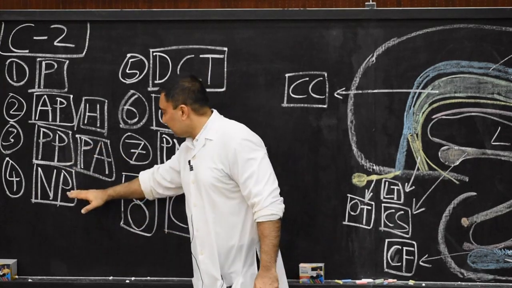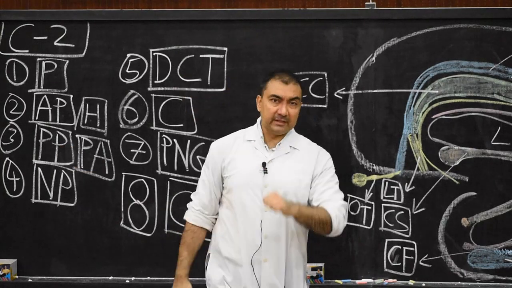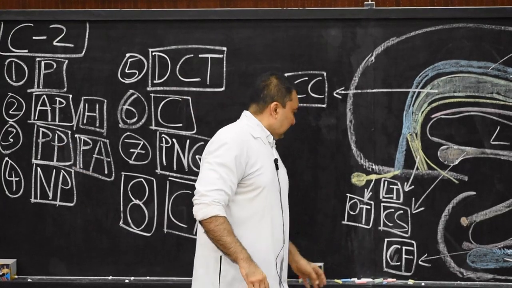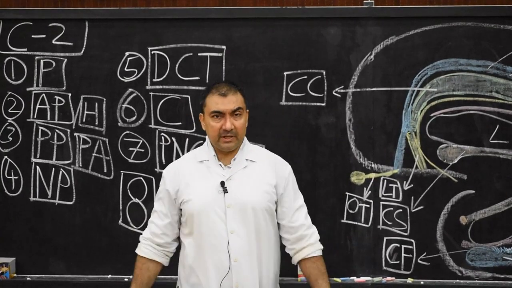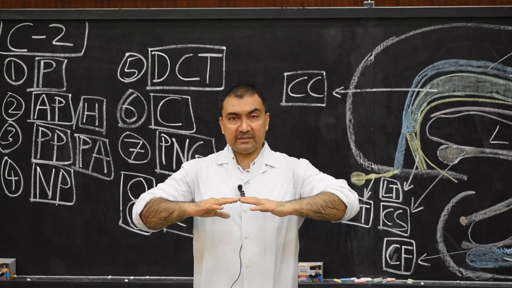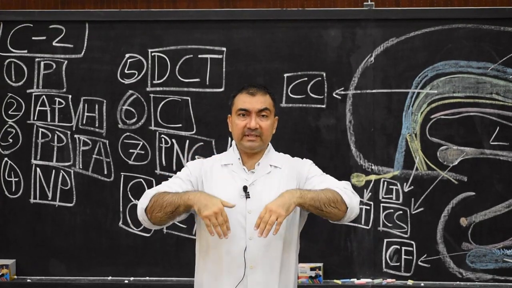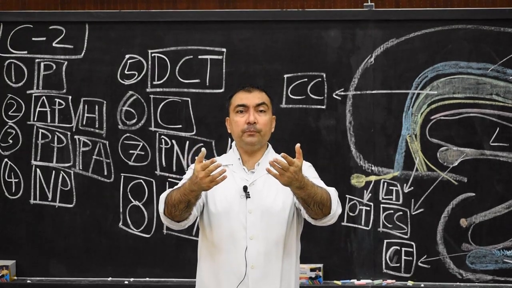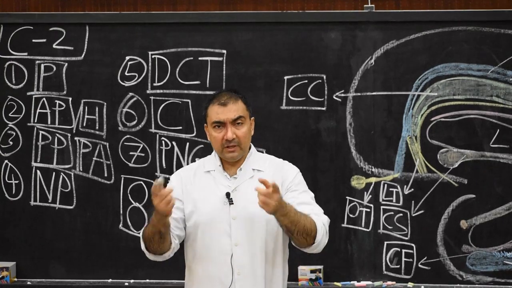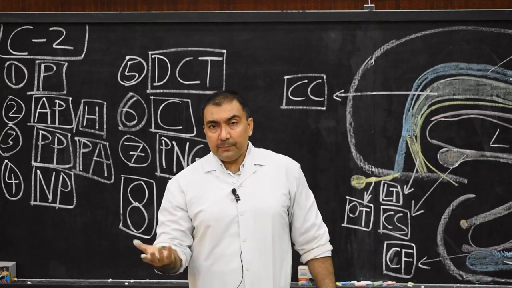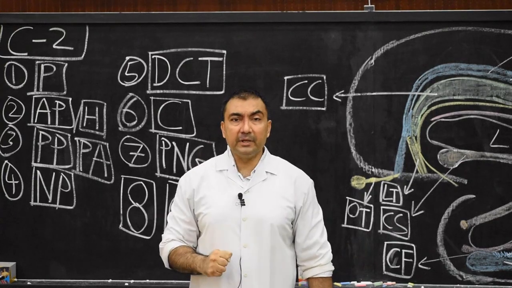Now we take the fourth point. Very important, fourth point. Now in the fourth point, please try and understand. After development of the archipallium and after development of the paleopallium, remember one thing: archipallium develops first, the hippocampus; second to develop will be the paleopallium; and now it's the turn for the neopallium to develop. What is the neopallium? The entire cerebral tissue outside the archipallium and paleopallium will differentiate into neopallium.